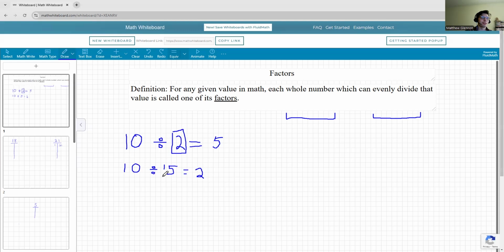As such, 5 is also going to be a factor of 10. Now, when I was growing up, division was a lot harder for me to grasp than multiplication. And luckily for us, even though factors work with division and they're a division-based term, we can think about it through the lens of multiplication, which is to say, if two whole numbers multiply together to give you some number or some value, then those two numbers that you multiplied are both factors of their product,